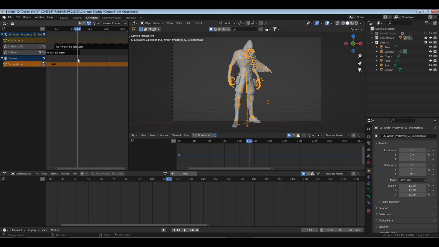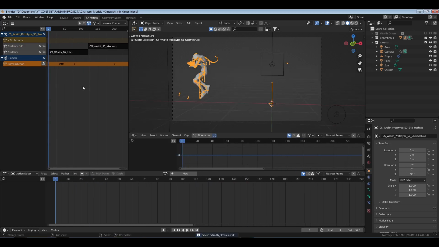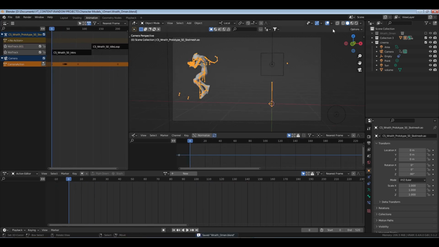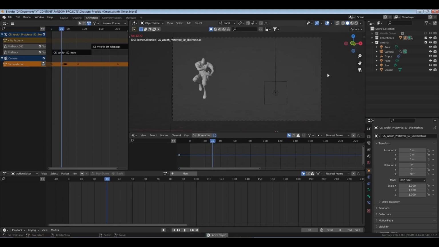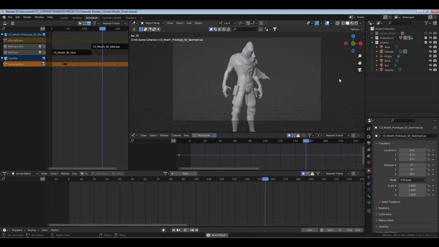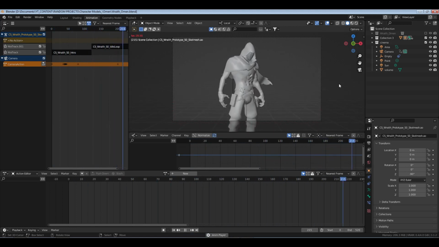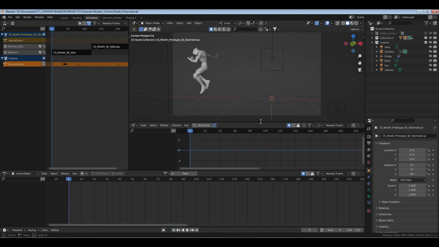So what we're going to do is go to the end, go to 120, and then this one I'll reactivate and I'll move it to 120. Okay, so now we have an animation that goes straight across. Let's hide the bones, and there it is. Okay, so when we want to talk about the graph editor now,